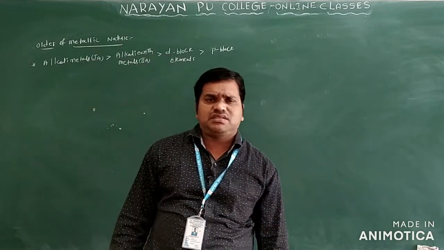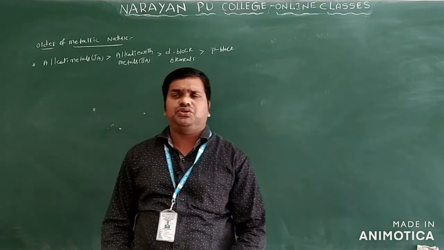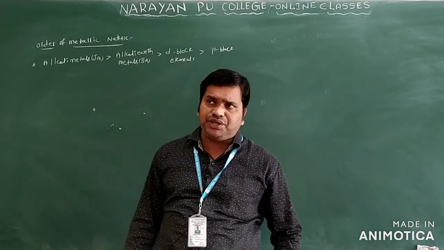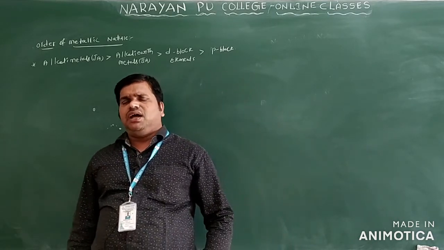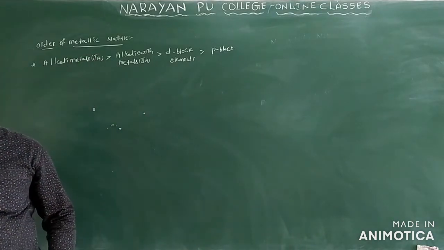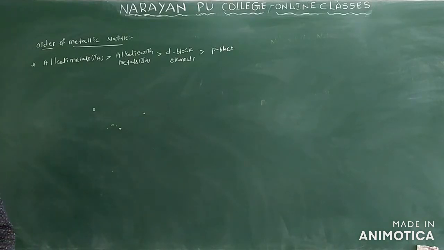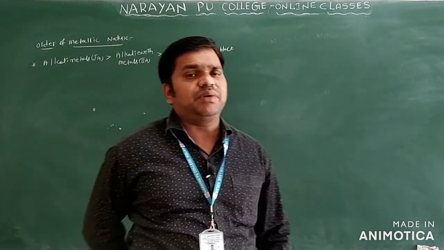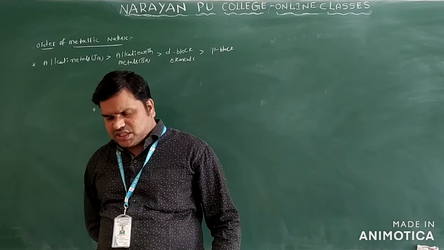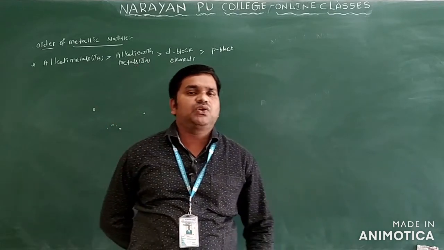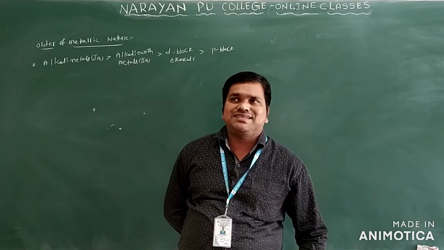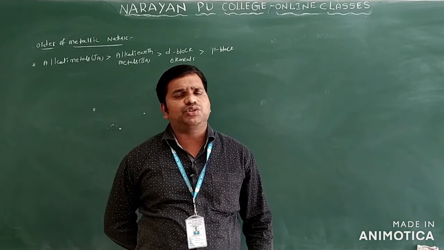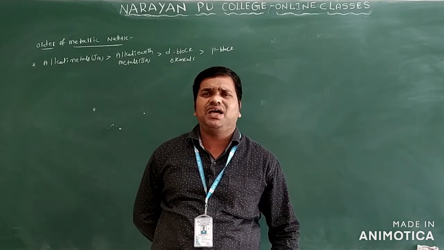Generally, metals are solids at room temperature. A few metals can exist as liquids also. For example, mercury is a liquid at room temperature, and gallium and cesium also have low melting and boiling points. Along with metals, we have non-metals, which are generally gases or liquids at room temperature. But carbon and boron are solids at room temperature. These are some exceptional cases.